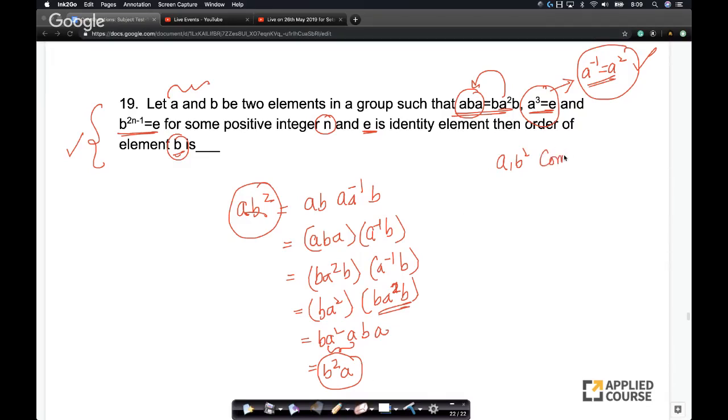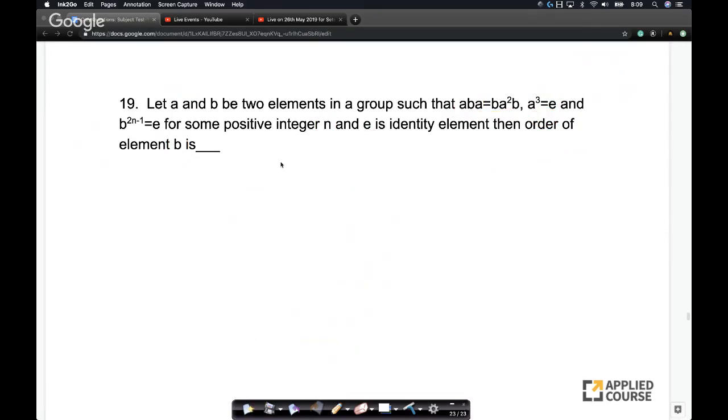Okay, this is a first result that is very important for us. A and B square commute, which means AB square equals B square A. This is the first result for us. The second thing is, now I'll try to see. Now let's write this down. So we have AB square equals B square A, the first result that we just got, right?